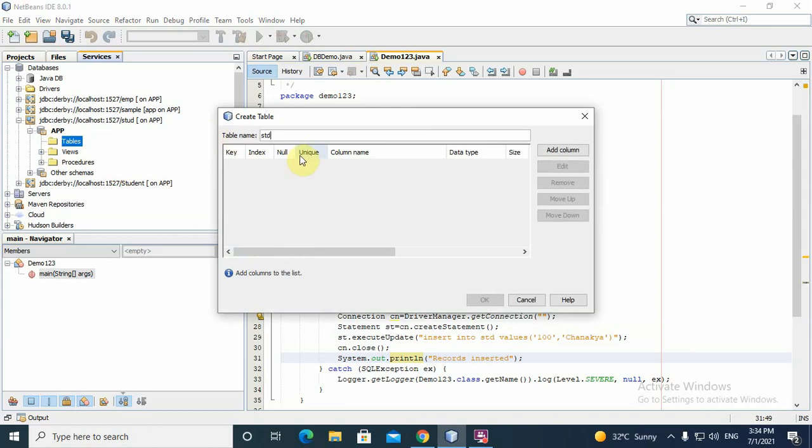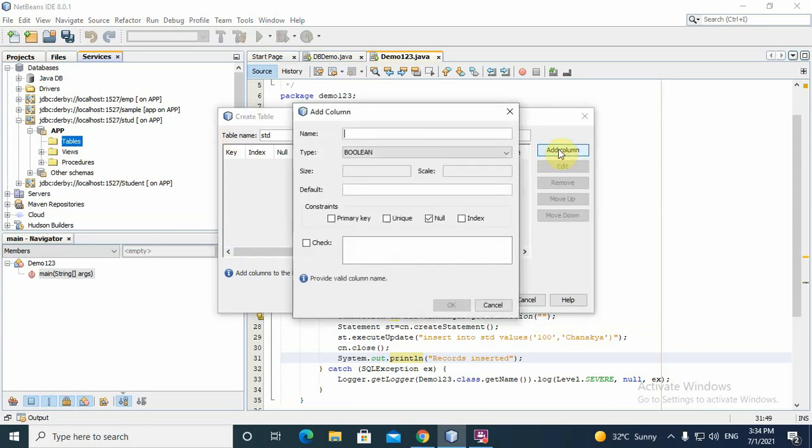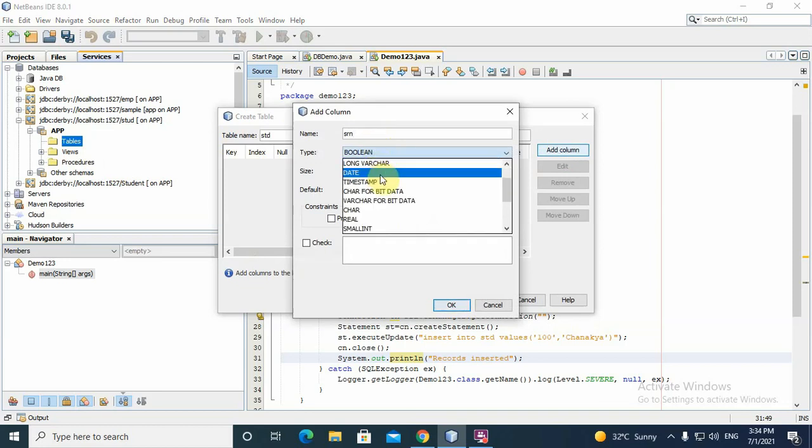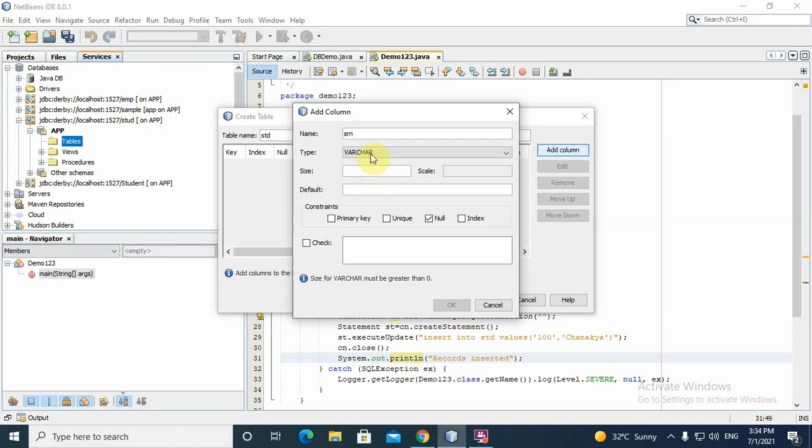Then add the columns to the student table. For example, student register number SRN, and we are entering the values as string values. Then set the type as varchar and enter the size, that is 20. Then click on the OK button.